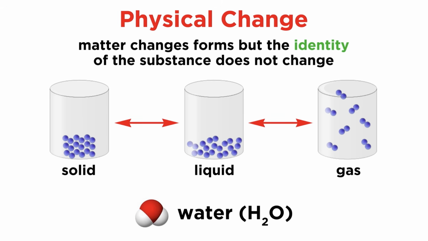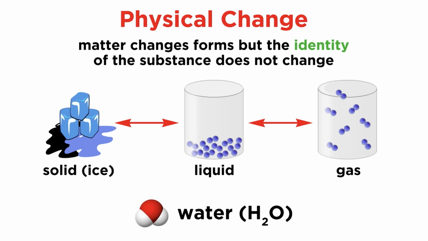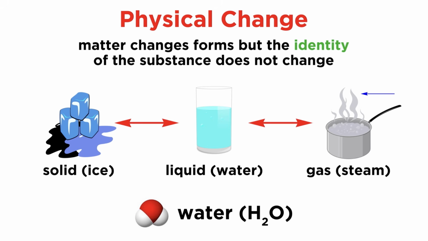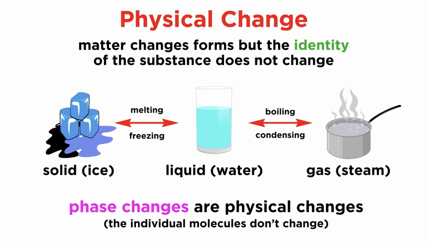Now consider water. At cold temperatures, water is a solid in the form of ice. At room temperature, it's a liquid, which is what we drink and swim around in. At hot temperatures, it's a gas, which includes water vapor or steam. When matter transforms from one of these phases to another, like when water melts or freezes or boils, this is an example of a physical change, because the identity of the individual water molecules does not change. Each water molecule is exactly the same regardless of the phase they are in, but the way they are arranged